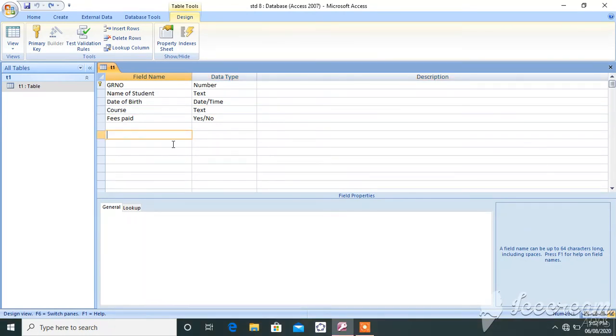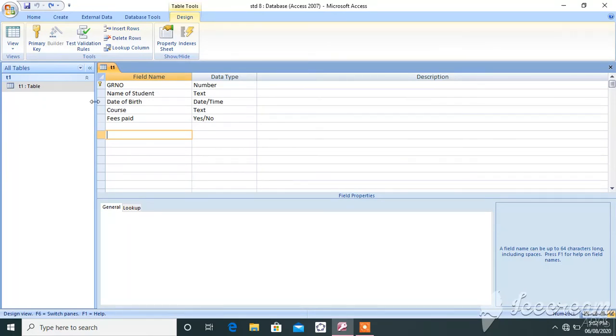Now just see how to insert a row or delete a row from the given table. Suppose here are 5 fields: GR number, name of student, date of birth, course, and fees paid. And suppose I want one more row here. Okay, I want to insert a city field name here. So how to do it? Suppose I want this row after name of student.